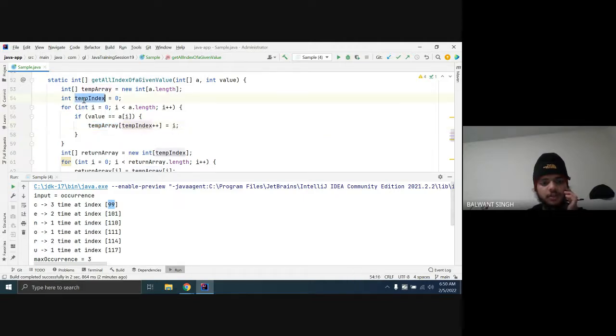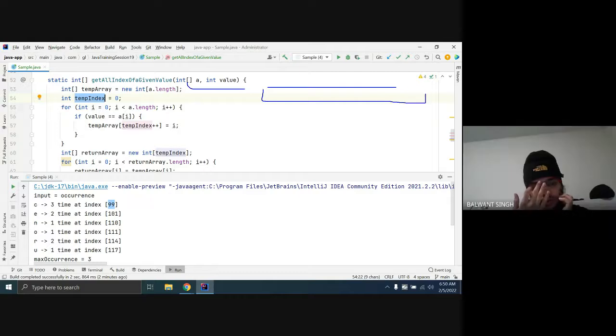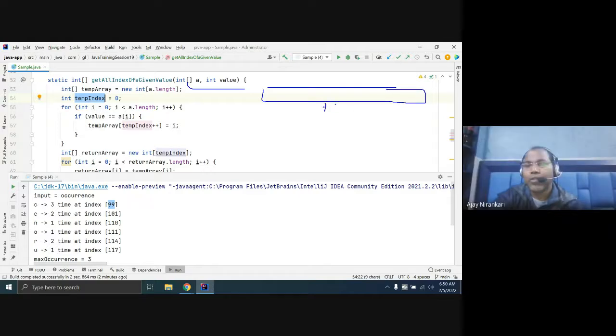It means, simply, here is your original array, whatever you pass. This is the 99 position. The 99 position has value 3, right? Similarly the 101 position has a 2. Similarly 114 has value 2, right? This is the original array, what you pass.